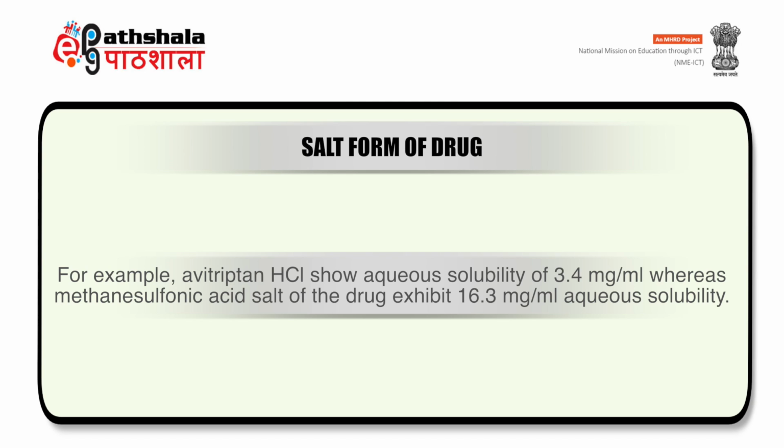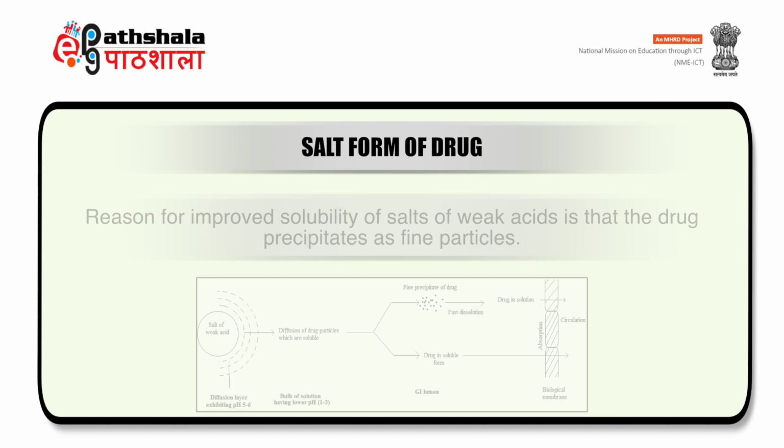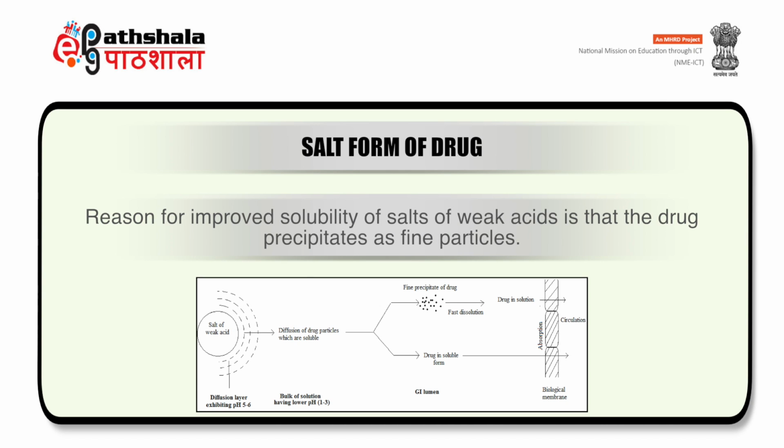Hydrochloride shows aqueous solubility of 3.4 mg per ml, whereas the methane sulfonic acid salt of the drug exhibits 16.3 mg per ml solubility. Moreover, when it is prepared as the succinic acid salt, it showed a solubility of 16.1 mg per ml. The reason for improved solubility of salts of weak acid is that the drug